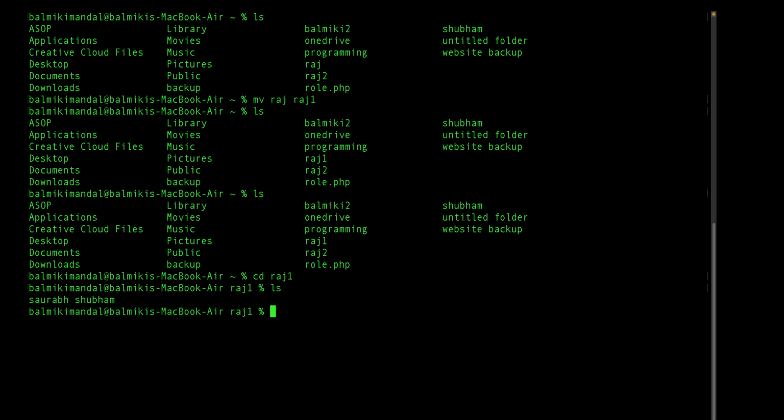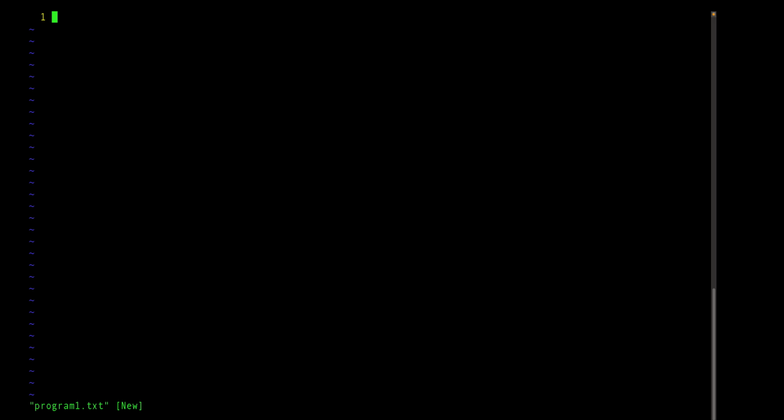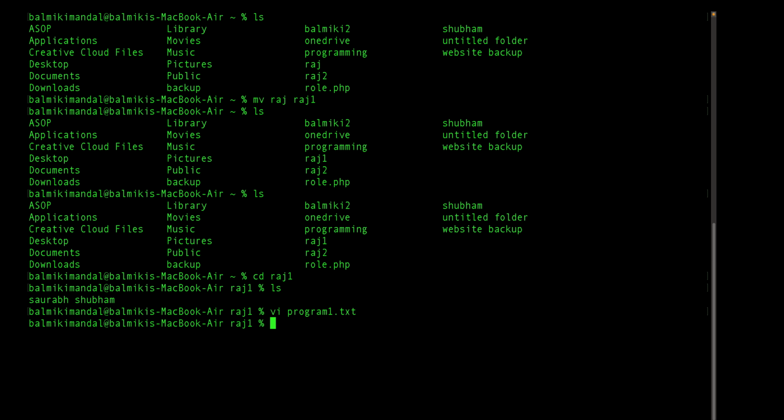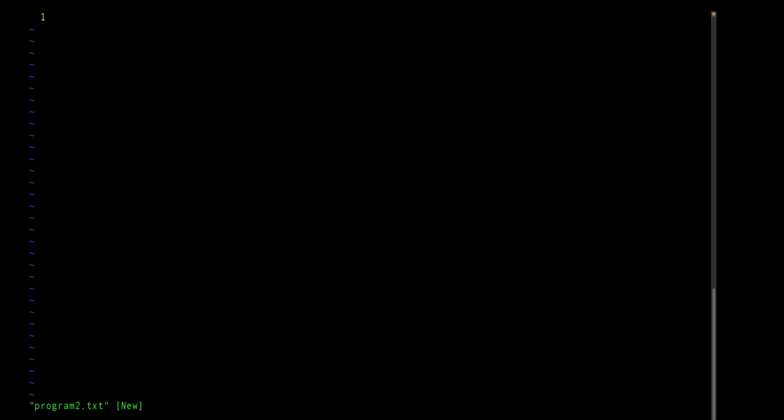Okay, we are going to create 2 more files also. vi program1.txt. Inside this file I am going to write something. This is first file. Okay, this is first file, and now I am going to create second program 2.txt. Okay, this is second file. Okay,